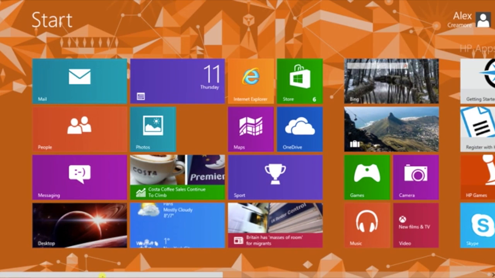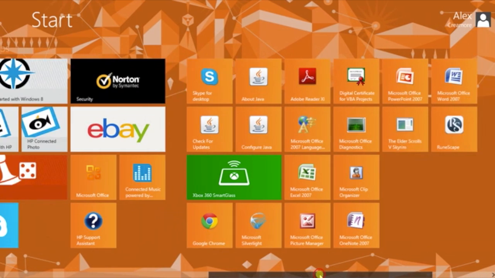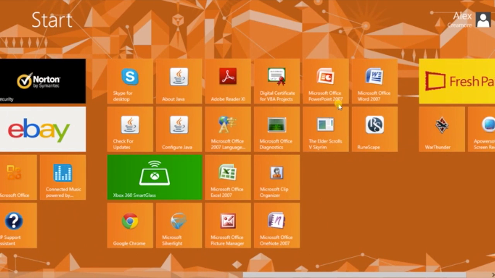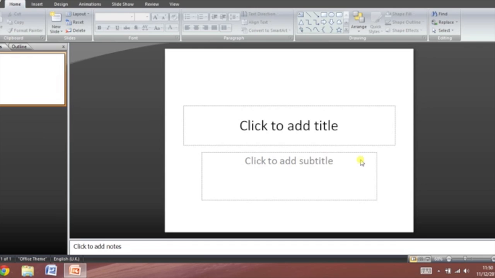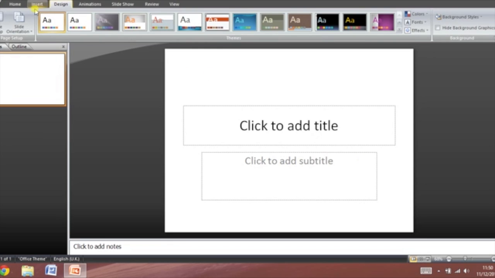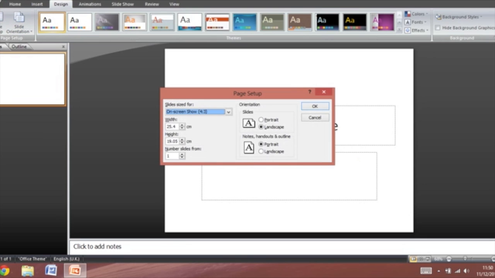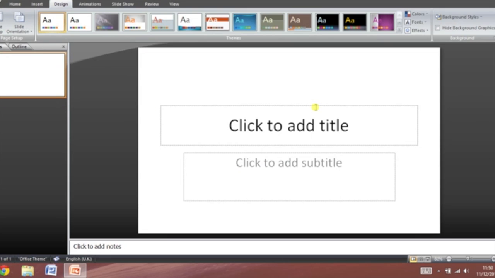We're going to start by opening PowerPoint by going to the Start menu and then clicking on Microsoft Office PowerPoint 2007. The first thing I like to do when I make my PowerPoints is put it into a widescreen setup, and you do this by going to the Design tab, clicking Page Setup, and then changing the on-screen ratio to 16:10, as I've shown you. And I think this gives the PowerPoint a sort of cinematic feel,